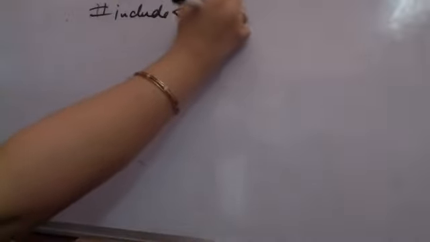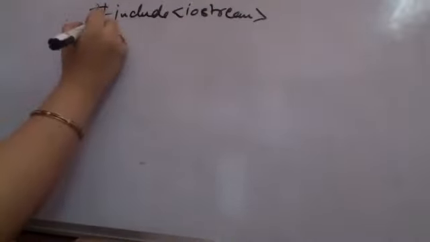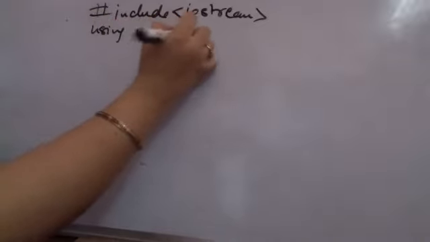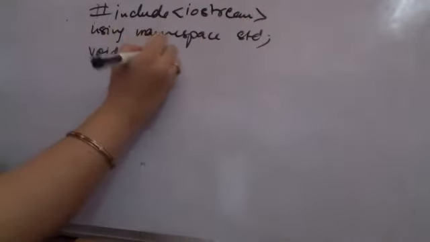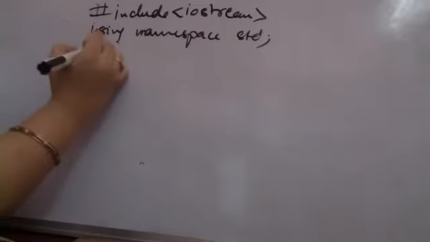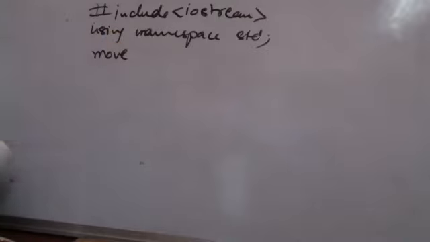So if I am trying to write down the program for my Tower of Hanoi problem, I am having #include <iostream>, using namespace std. I am having my void main. Before void main, I might have to give the declaration of the function which I am going to call again and again and again. So kindly give the declaration for the function first. Supposedly it is move. The function is not returning anything. It is just moving from one to another to another.